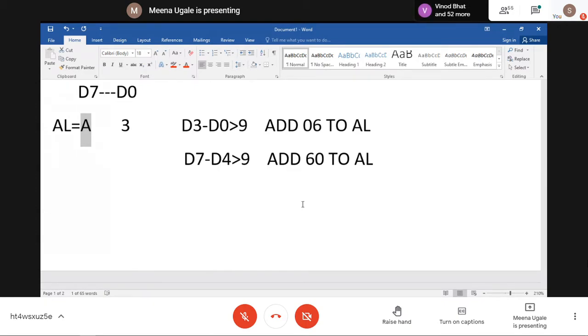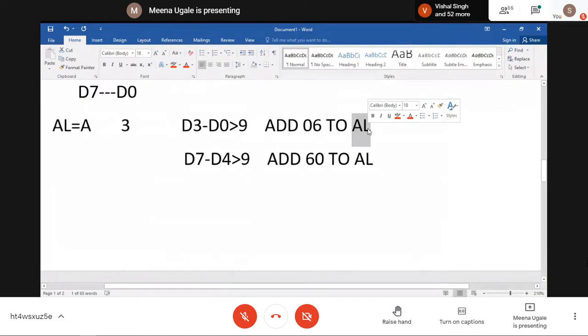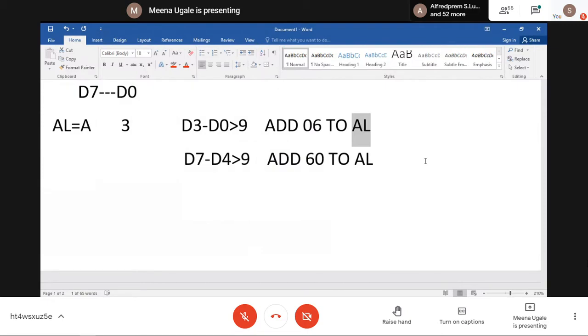The constraint for this instruction is it operates only on AL register. It cannot go for any other register. You have AH, BH and other general purpose registers, but it cannot go for that. It will operate by default on AL register only. This is for your decimal adjustment for getting your final answer as a BCD answer. We will see one program on this after completing these instructions and you will understand that in a clear way. This is just for adjustment of your decimal value.